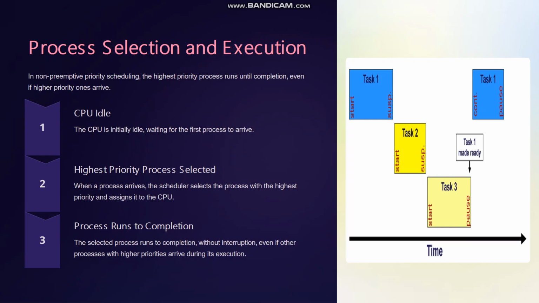Process selection and execution. In non-preemptive priority scheduling, the highest priority process runs until completion even if higher priority ones arrive. CPU idle. The CPU is initially idle, waiting for the first process to arrive. Highest priority process selected. When a process arrives, the scheduler